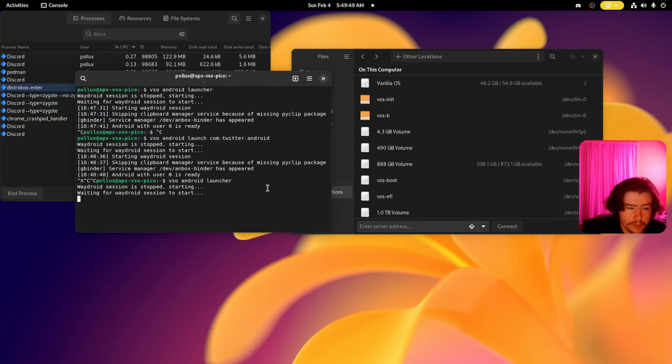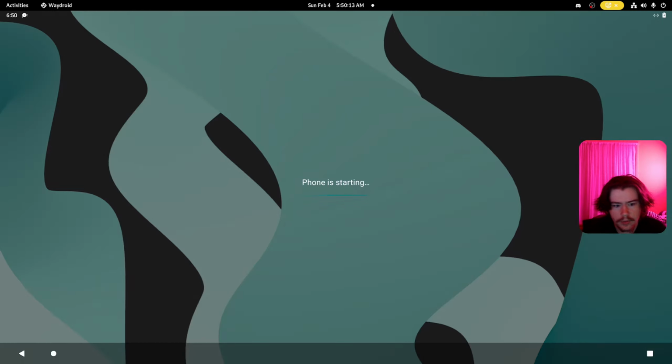So what I would probably do is what I did with Clash of Clans, as that wouldn't launch either, which was actually just enter the launcher, install the application in Waydroid, and then try and launch it in the Waydroid session instead of using the sideload for the Android application. Probably because it's not launching, I don't know the actual name of the Twitter application, which would probably